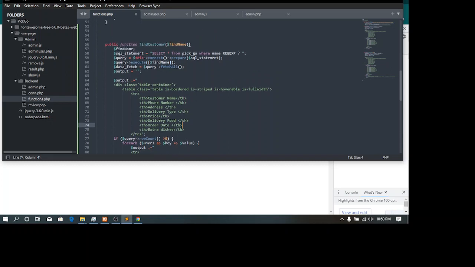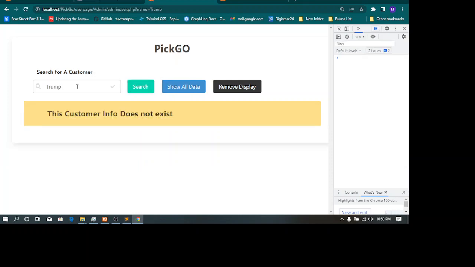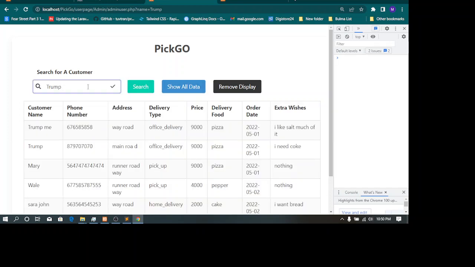This is connect. We set it to start from this when name. We give it a fetch all. Okay, I think this is my error here. It's supposed to be fetch data, not users. So let's refresh it and put Trump back. That's weird.